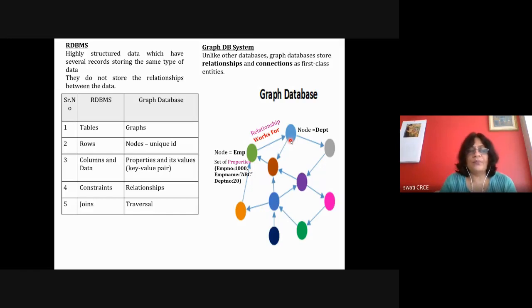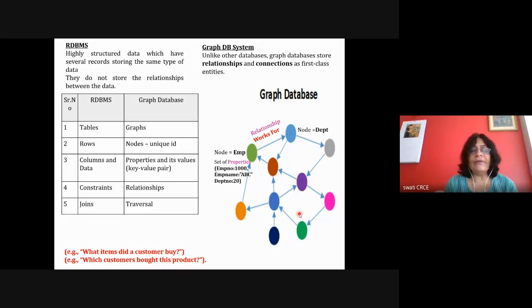Such graph-oriented databases are very helpful when you want to fire a query such as what items did a customer buy. Suppose I want to find out the items that a particular customer XYZ has purchased, or I want to find out how many customers have bought a TV.